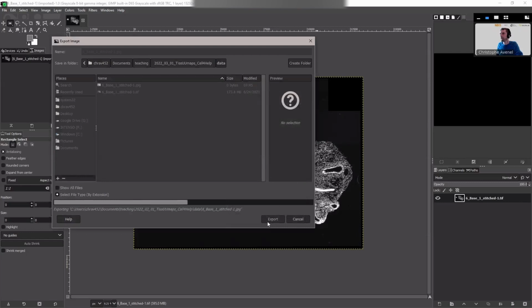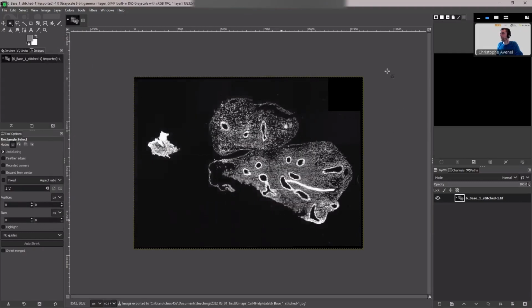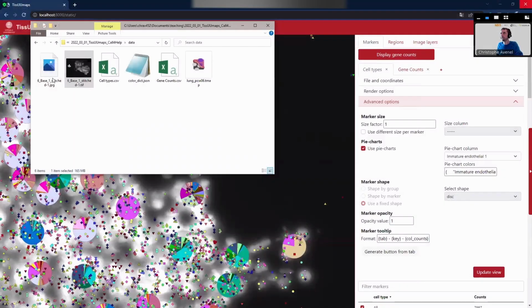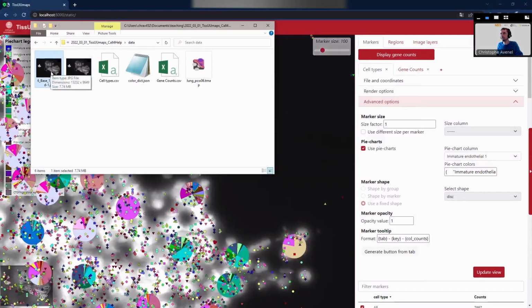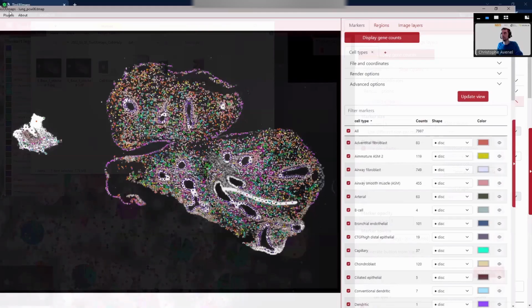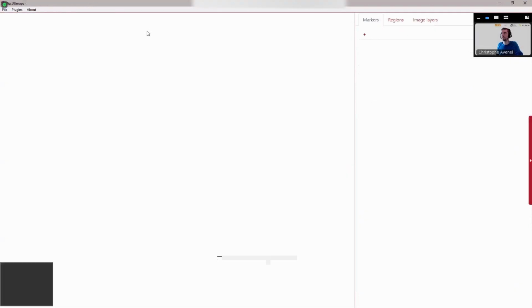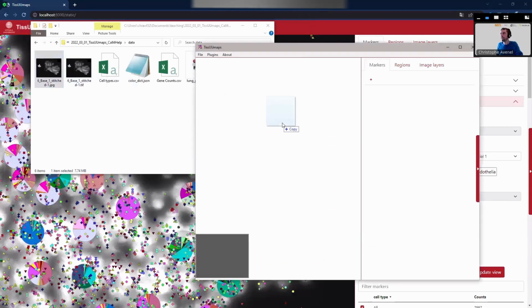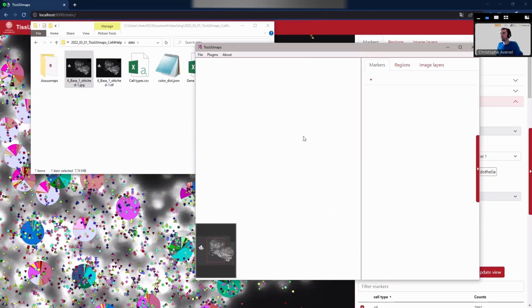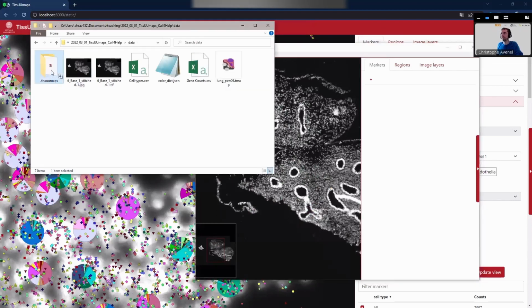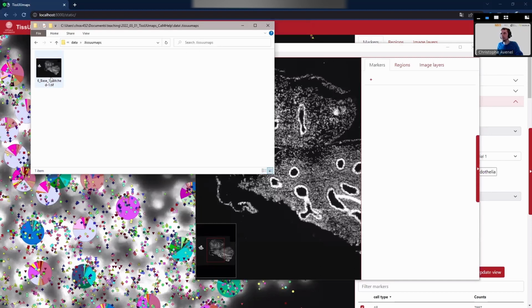And yes, export. So now I have a file that is not possible to open directly with TissUUmaps, right? So if I open back an instance of TissUUmaps and I close that, and now I want to open this JPEG into TissUUmaps, it will not know how to open this image. So it will create a .TissUUmaps folder, and inside this .TissUUmaps, you have a TIFF file that was automatically converted